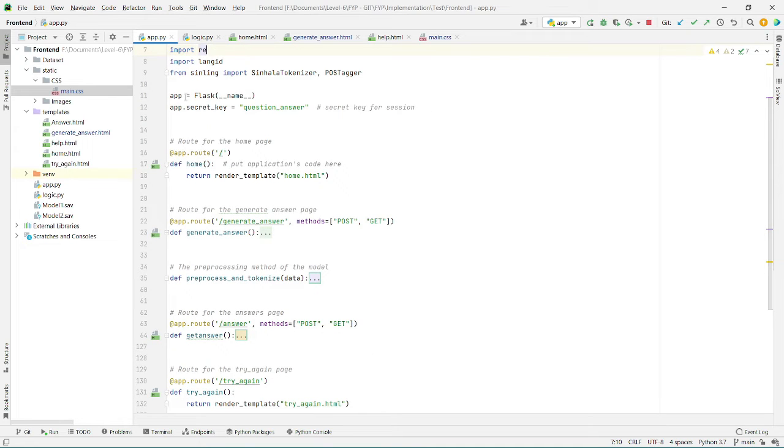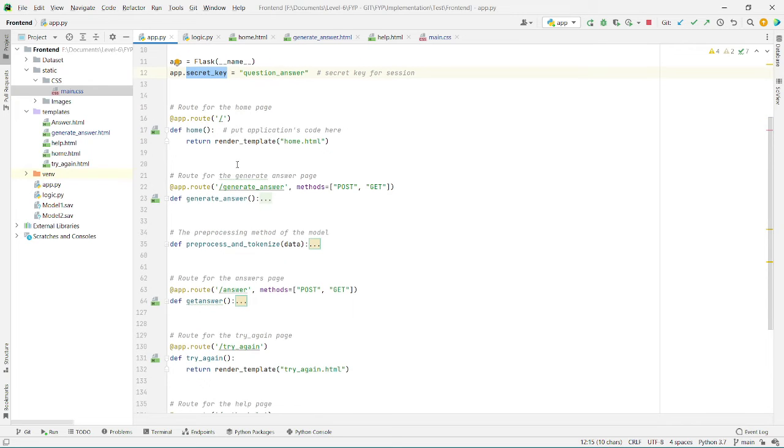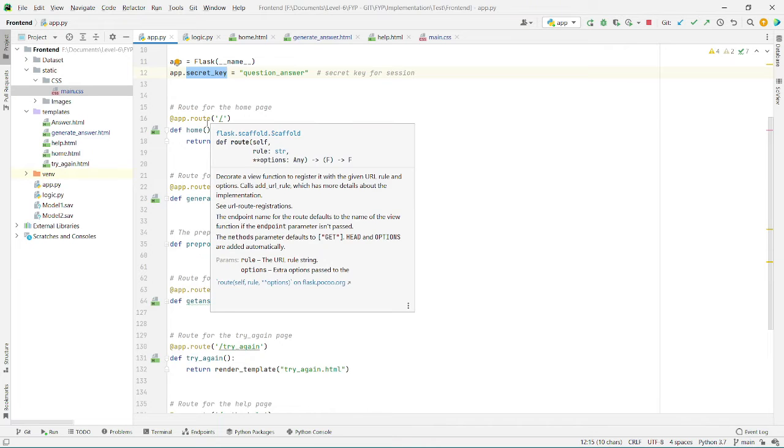And then we have the Flask app, where the app of the Flask project is given here, and then this is the secret key for the session. And then we have the routes for the project.